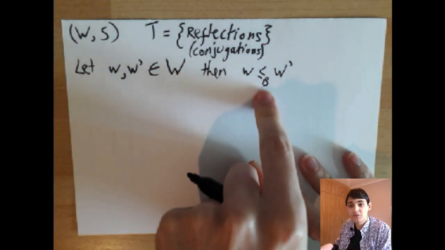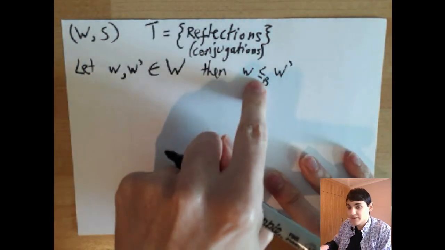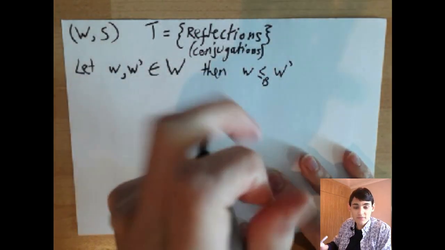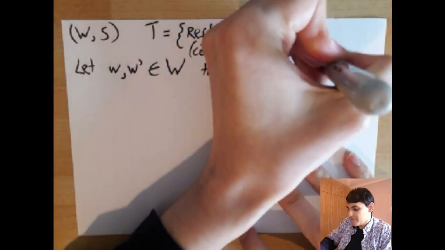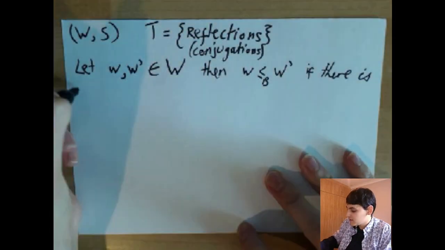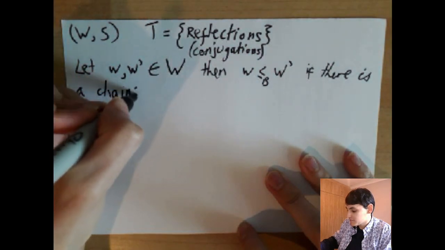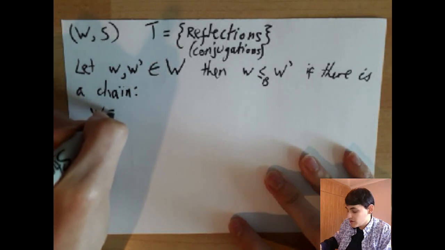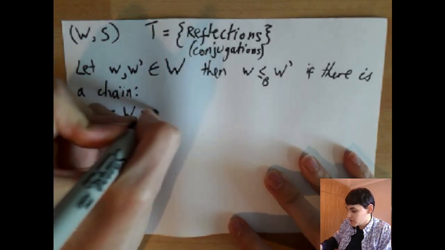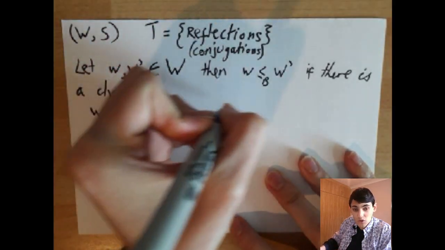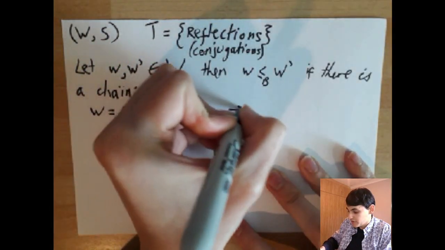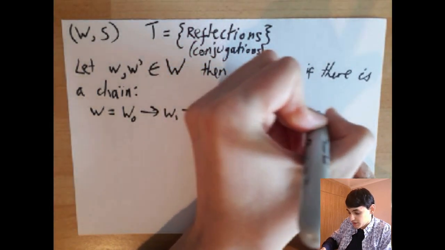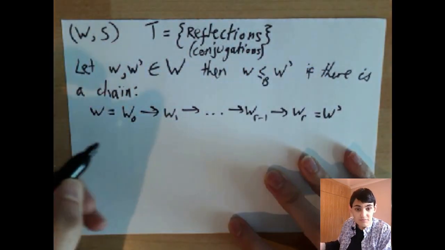To denote the Bruhat order, I'm going to be writing less than or equal to with a subscript B next to it. This holds if there is a chain with W equals W_0, W_1, up to W_{r-1}, W_r, and that equals W prime,